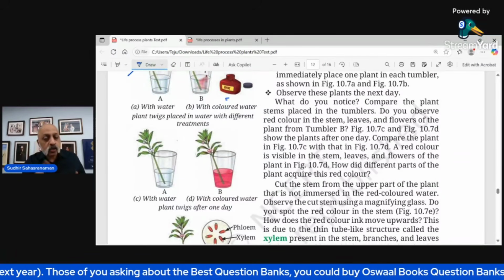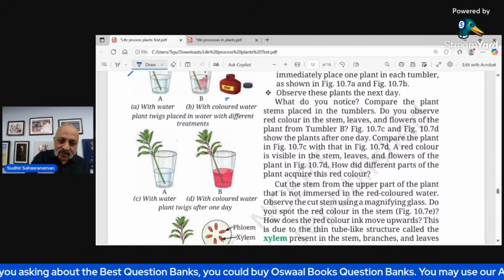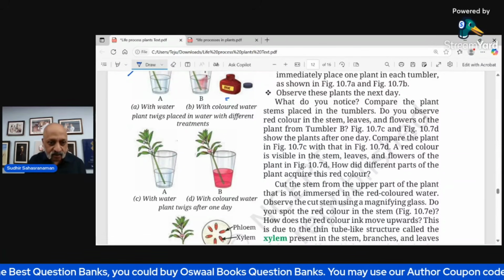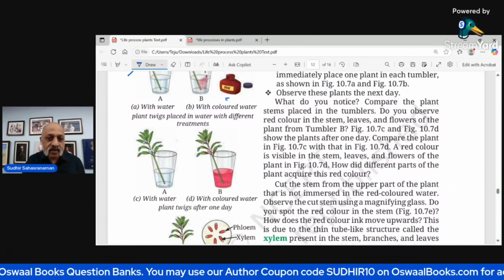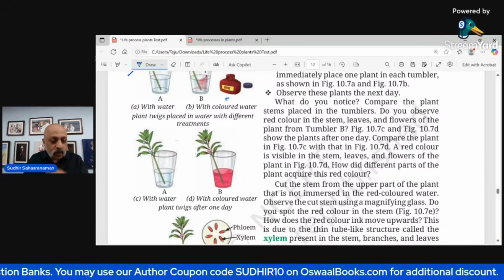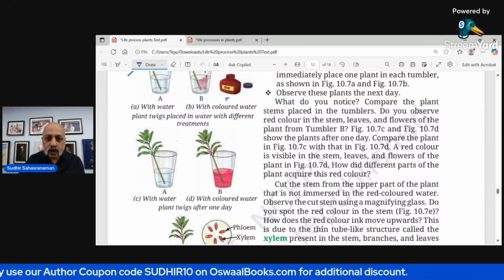Okay. What do you notice? Observe the plants the next day. The next day, you're seeing that the water in tumbler B is red in color. Now, what happens is that as a result of the red ink which has been mixed in the plant,